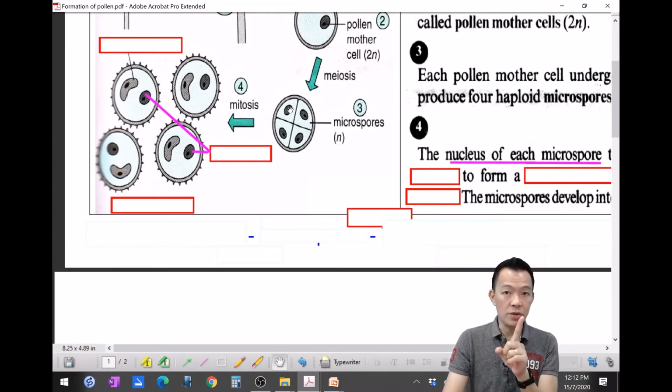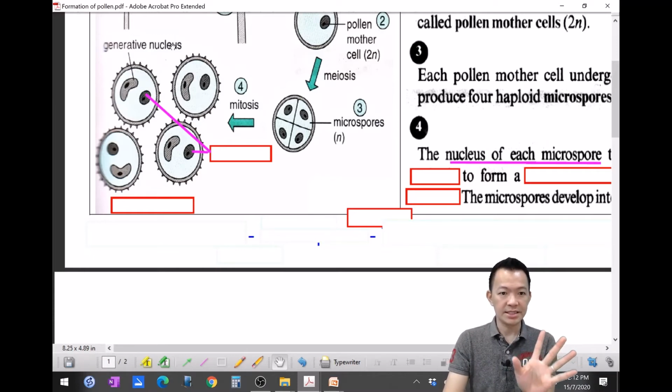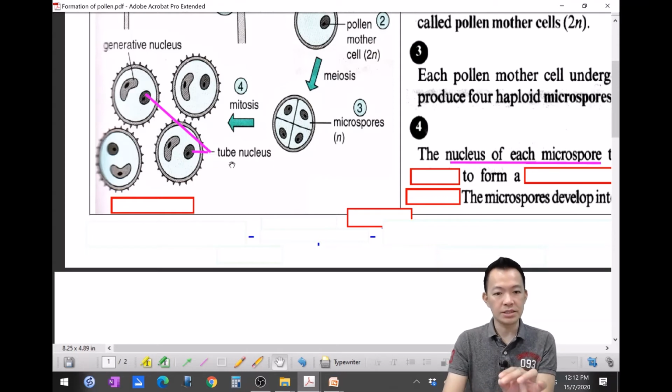And because of the nucleus having mitosis, finally you're making 2 nuclei. 它的一个 nucleus 进行 mitosis 分解。Finally, it's going to become 2 nuclei. So one of the nuclei will be called generative nucleus. 生孩子用的啦。Generative nucleus. What's the function? 等一下才讲。